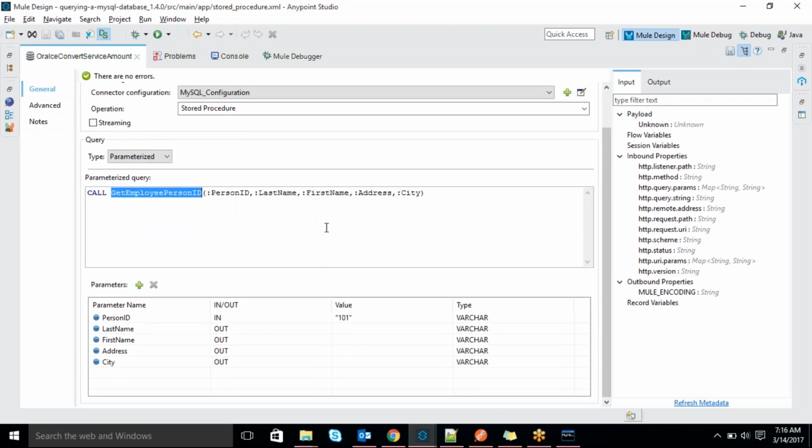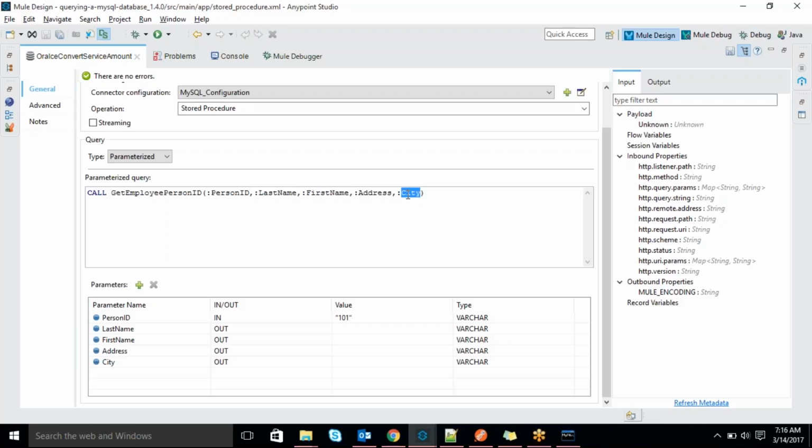Next one is here. Observe the syntax. We should follow the same thing, otherwise we'll be unable to get that information. So call followed by the procedure name. Next are person ID, last name, first name, address and city.